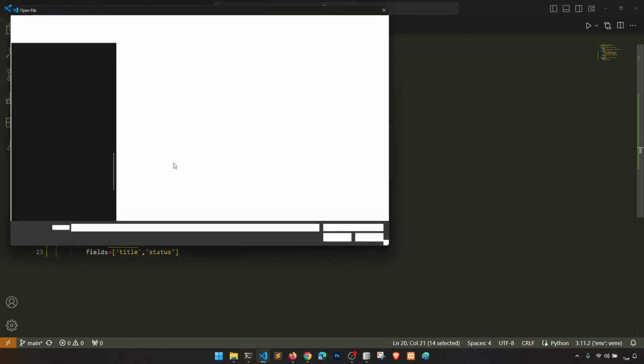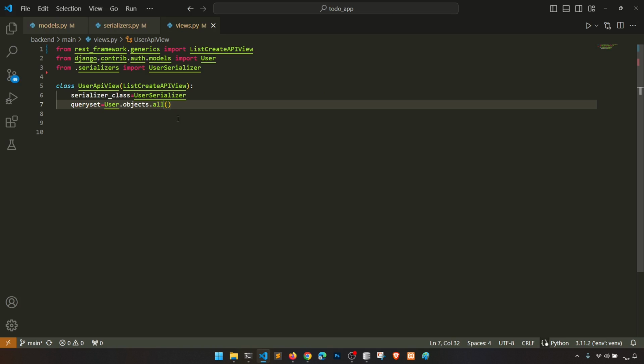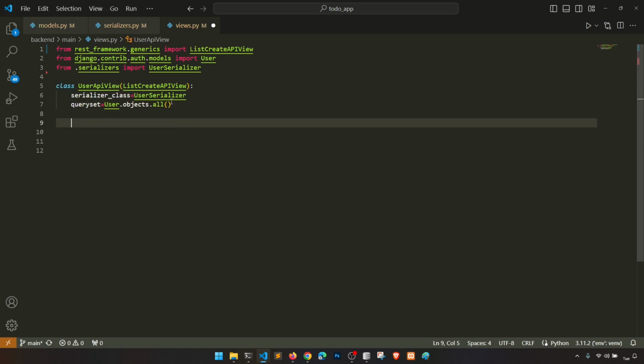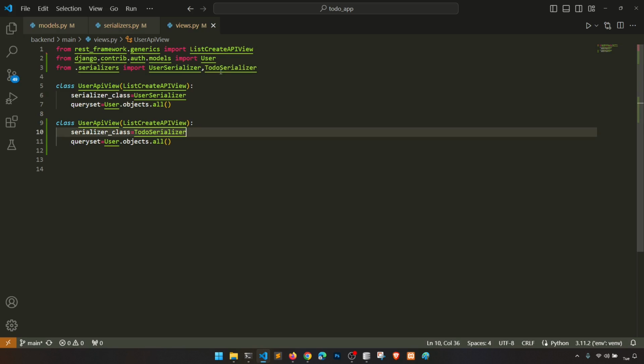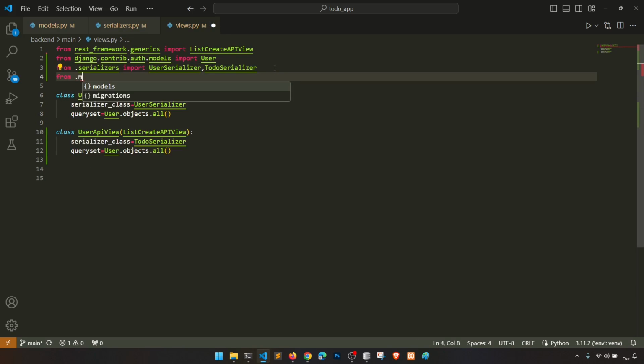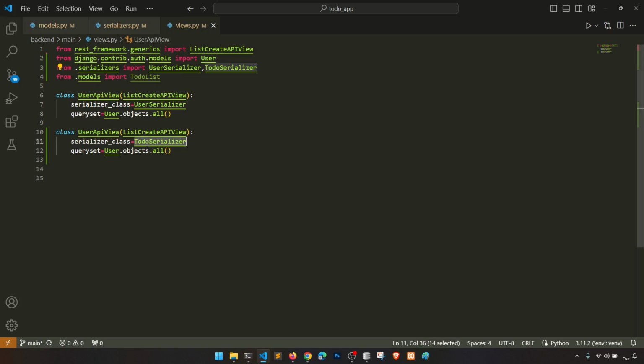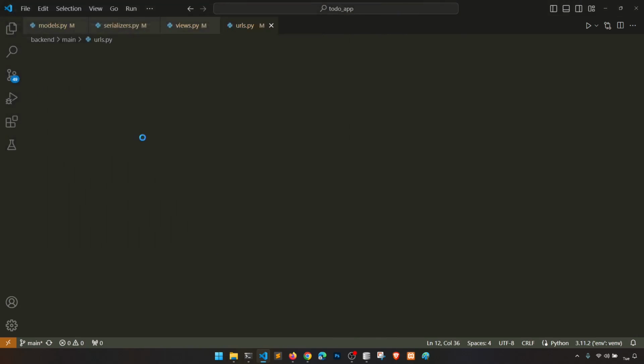Okay, one more thing we need to do, to do serializer. Okay, now let's open the views. In the views we will copy this, paste here, and we'll import the to do serializer, and here we will add the serializer, and from dot models, import to do list, and we'll add the to do list here. Yeah, okay, so we'll say to do list view. Okay, so list create API view,